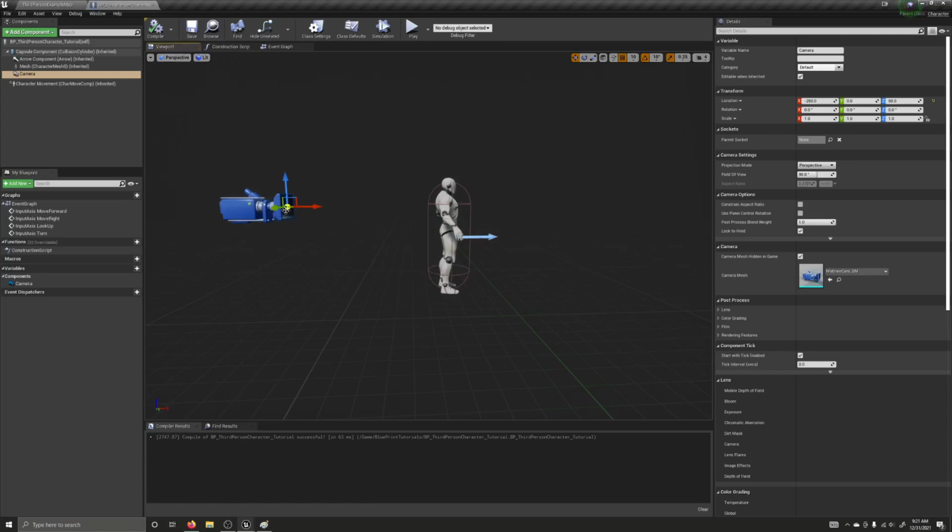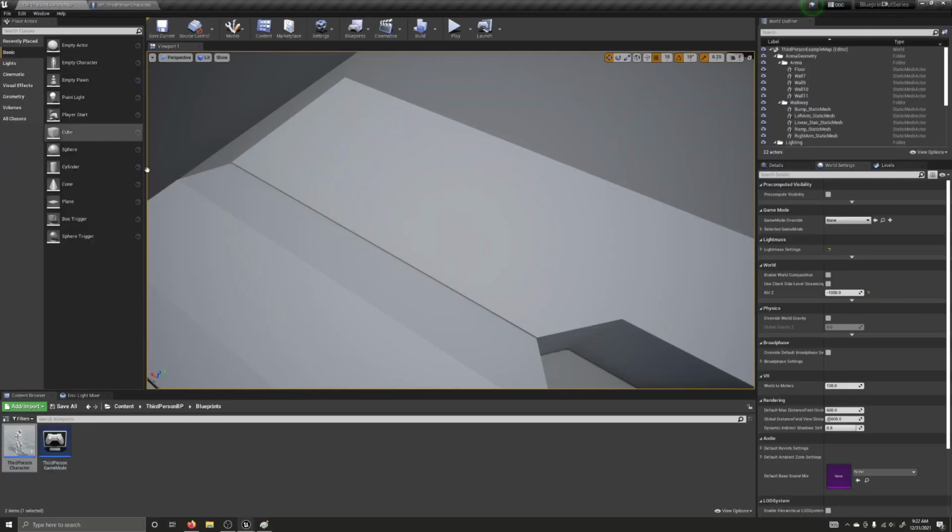there's a slightly more complex way of adding a camera that links it to the character with like a sort of invisible arm, and that allows you to move the camera closer to the character if it's going to collide with geometry. But I'm going to cover that in depth in a future video. For now, I'm just going to drag and drop a camera in here. And now,